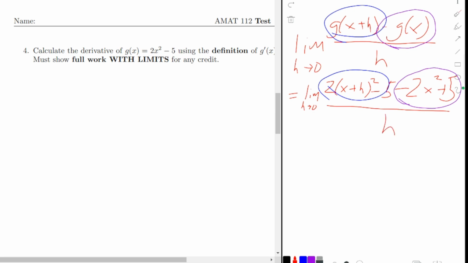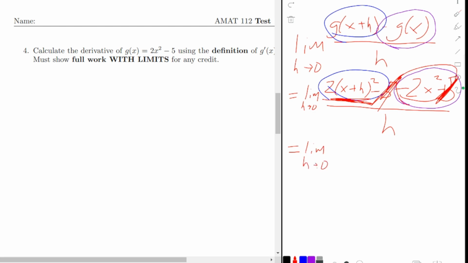So we first notice that the 5s, they cancel, right? And we've still got a minus 2x squared here, but let's actually FOIL out x plus h and then distribute the 2. So this is the limit as h goes to 0